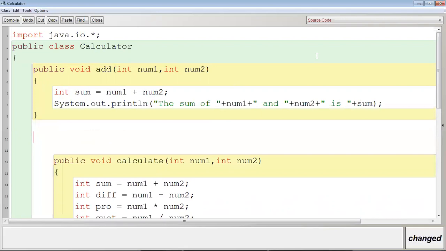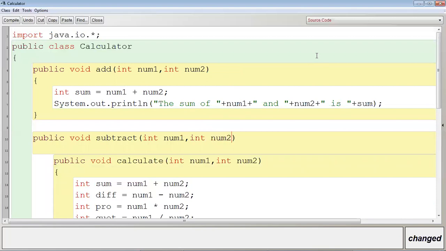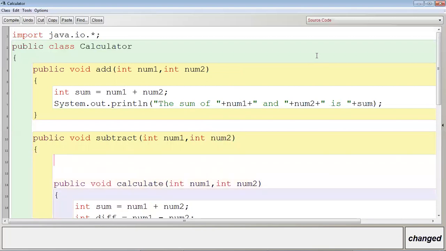Then let me define another method. Public void subtract, int num1, int num2. Int difference is equal to num1 minus num2.